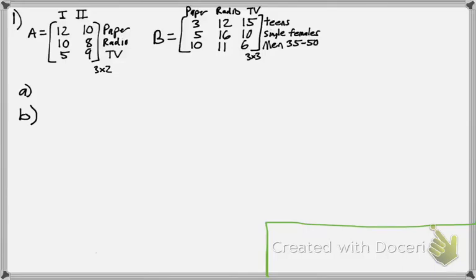Looking at number 1 from 10.4 part 2. This is a word problem. It involves newspaper, radio, TV, and advertising, as well as target groups. So if you look at the box at the top of the worksheet,